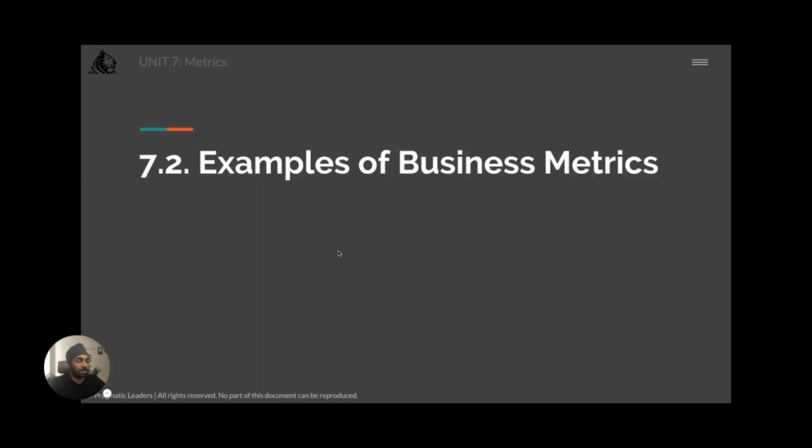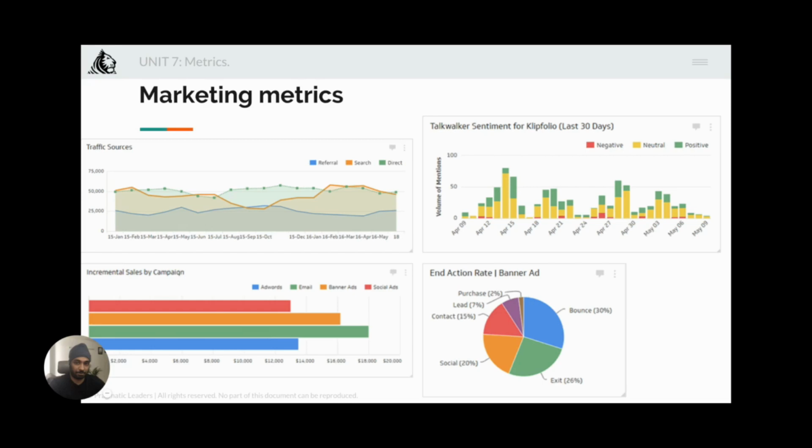So depending on your company and the areas you are aiming to monitor, you may want to focus on certain business metrics in particular. Here you can see a number of performance metrics examples from industry verticals and departments that are available to you. So, for example, these are some of the marketing metrics, right? There is, so one is traffic sources, right?